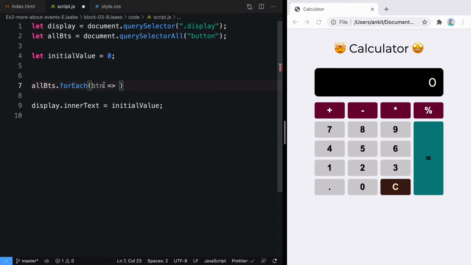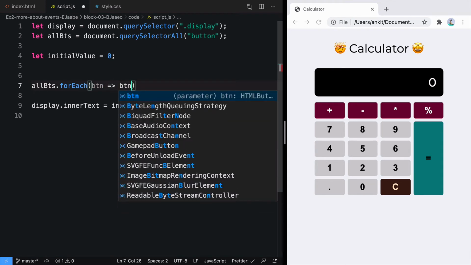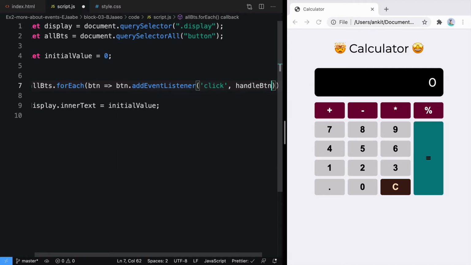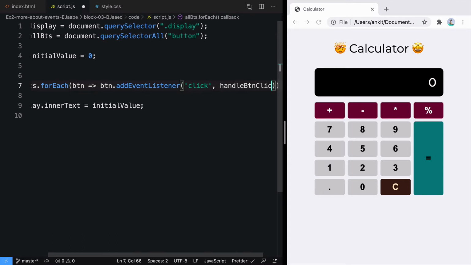So we can use forEach, it will give us an individual button, and here we can add an event listener by saying button.addEventListener. We are listening for the event of type click, and when that happens we have to call a function. We'll name the function handleButtonClick.